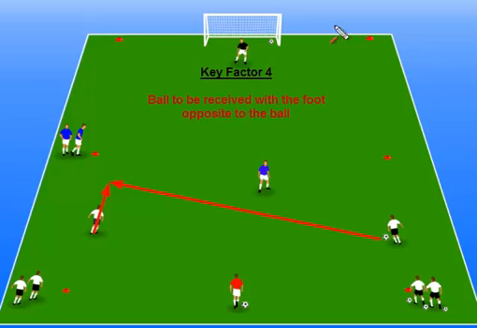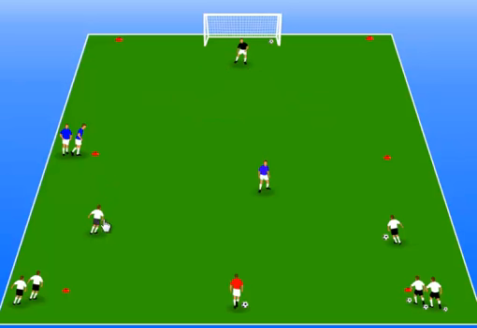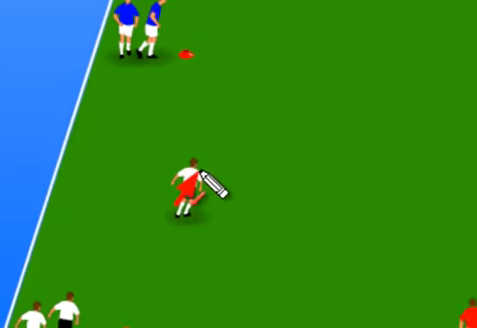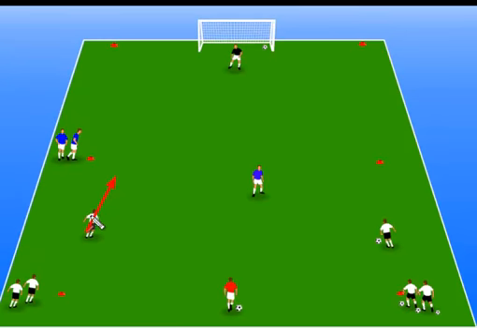What happens is that, in this case, if it's a right-footed player, they will try to swivel around and control the ball with the right foot, the closest foot to the ball carrier, and that's a mistake. So we have to train them to receive the ball with the opposite foot, and not only that, but with the first touch try to advance the ball in a way that it goes towards the goal, or maybe even in a line